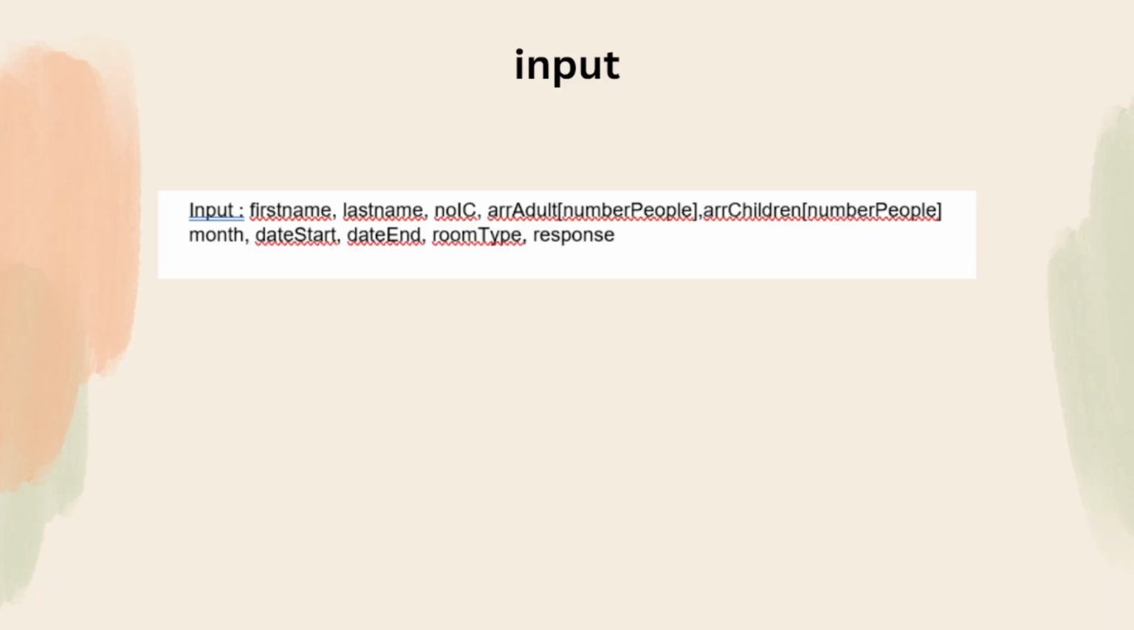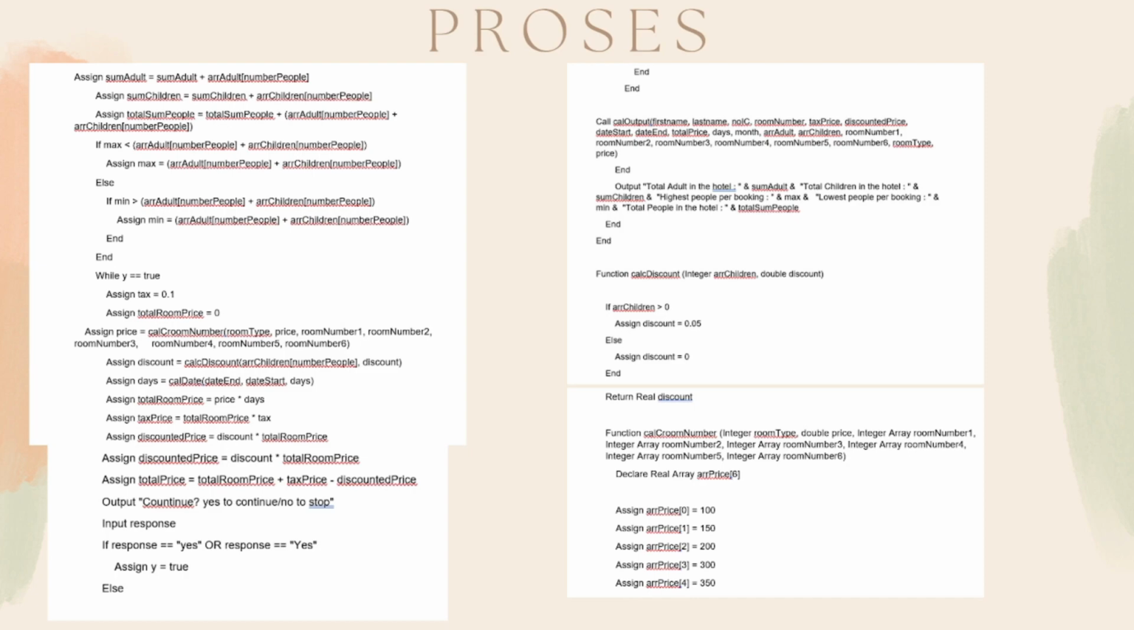So this is the input for our program. The input that the customer needs to put is their name, their IC, total adults, total children, month, date start, date end, which means check in or check out, room type and response. So this is the process for our system. It starts from assigning sum adult equal to sum adult plus adult child,